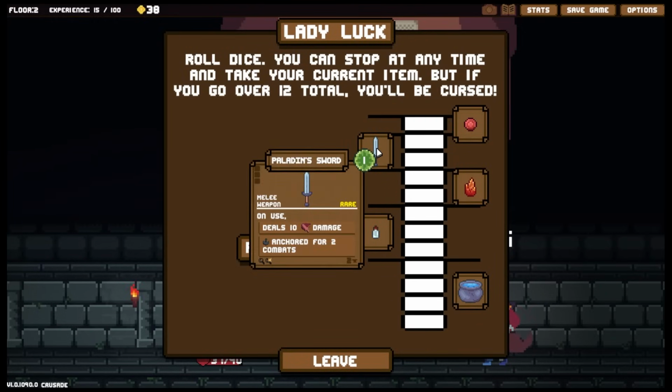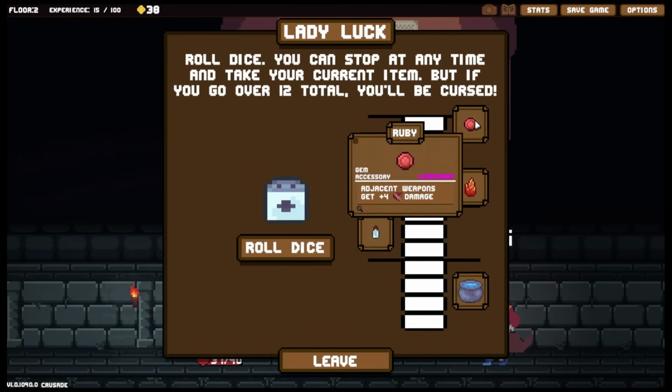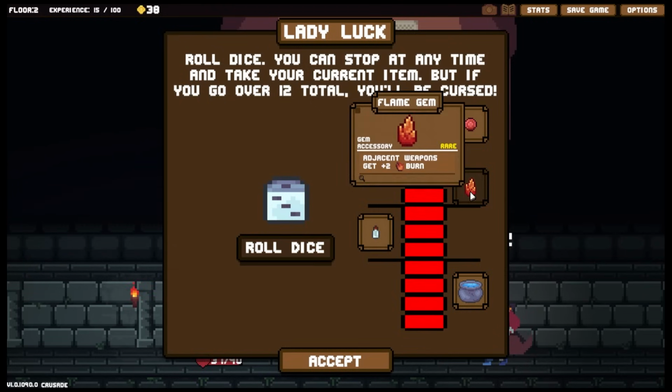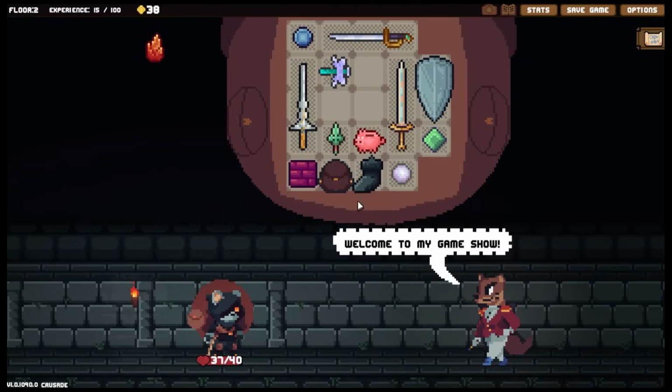We've got a cleaver here? No. We've got Paladin's Blade, we've got the Ruby. Adjacent weapons get +4 damage, that's a legendary gem. We've got the Flame Gem as well. I'll roll the dice for these, let's see what we can get. And again, I'm happy with the Flame Gem, except